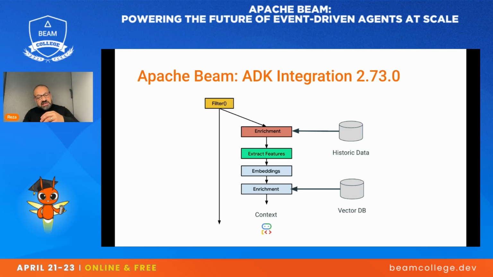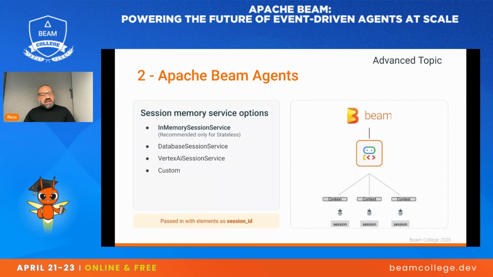Once the message is sent to the agent, it will go through its processing and output the results for consumption downstream. Another area that is being added in 2.73, and again this is quite an advanced topic, so please dig into it if you find this interesting once the release is done. In general, we would imagine that most use cases are where that context is sent onto the agent, and the history of that particular conversation with the agent is no longer needed after that. So the next event that comes in, the context is fresh and everything is new.